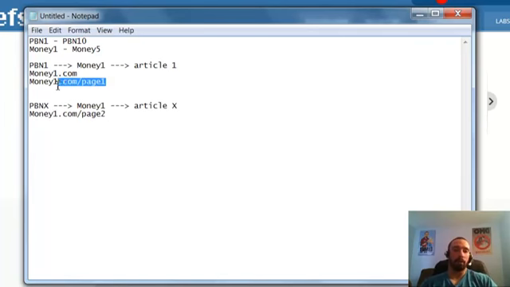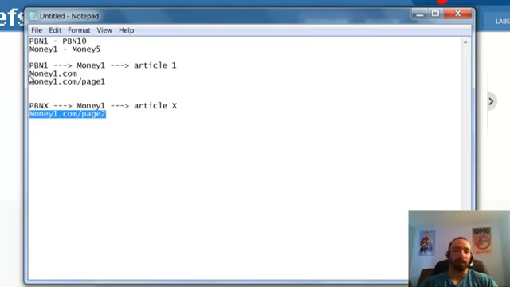But once you hit a URL, money1.com/page1, money1.com, money1.com/page2, since I hit page 1 from PBN1, I'm not going to link to page 1 again from money1.com. So once you hit a URL once, you don't hit it again. It doesn't mean if you hit the main once, you can't hit an inner page, which I do here. And then later on, you can do this. I very rarely do this because I have such a big PBN, but I can see why people may do this. When they start running out of PBNs to use, they may come back and hit another page from the same PBN. But just be careful how many times you link to the same site from a PBN.